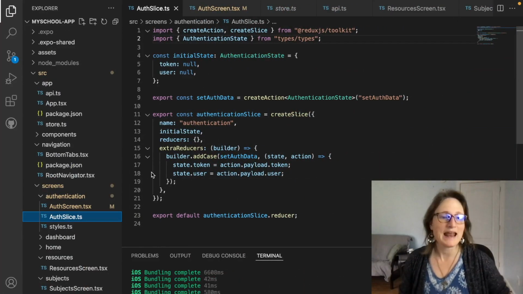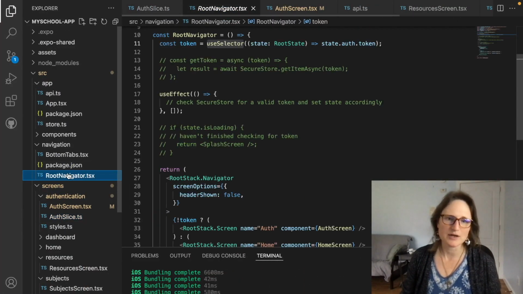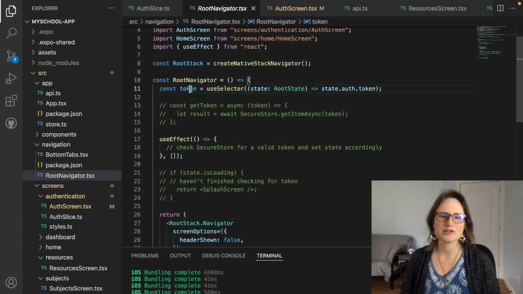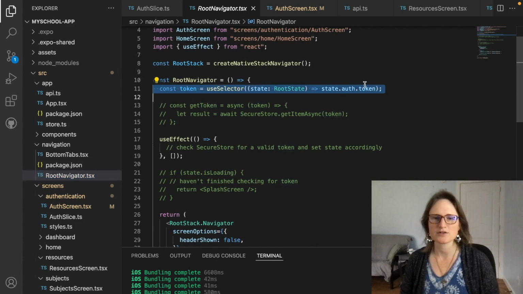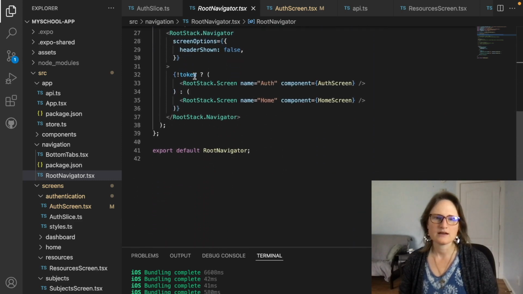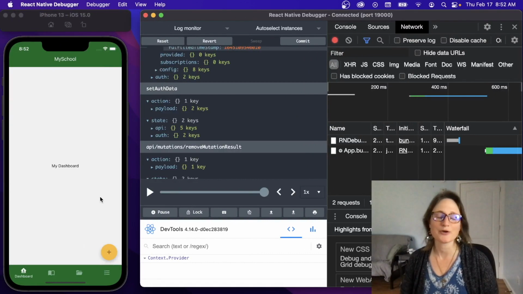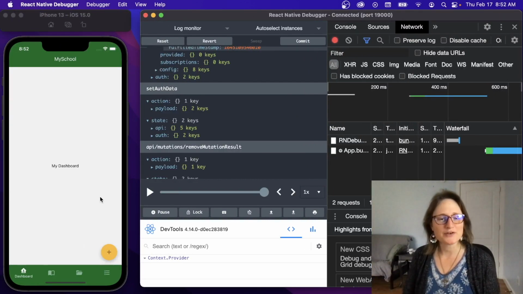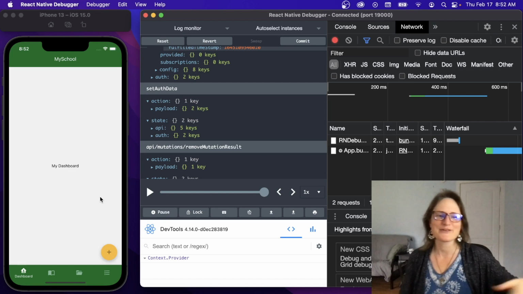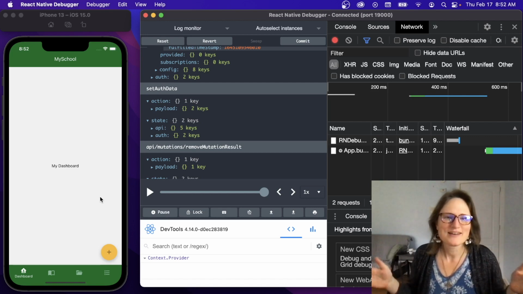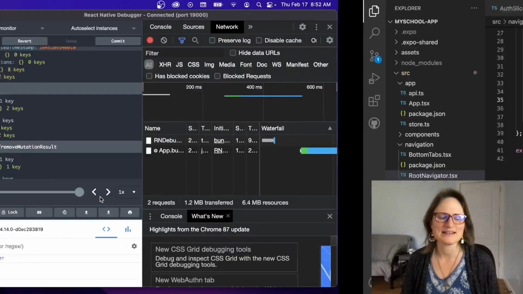And it navigated because in my root navigator, I use useSelector to see if there's a token in state. And if there is, then I navigate to home, which is exactly what happened. So, hooray. So far so good. Now I went a step further. I was so excited that I had set this up successfully and that it was so easy that I decided